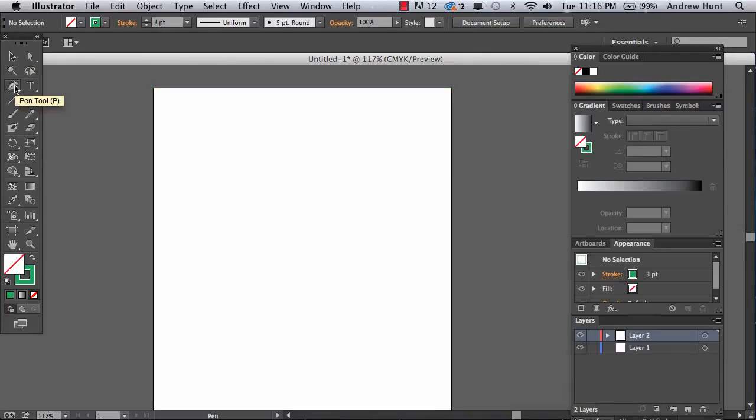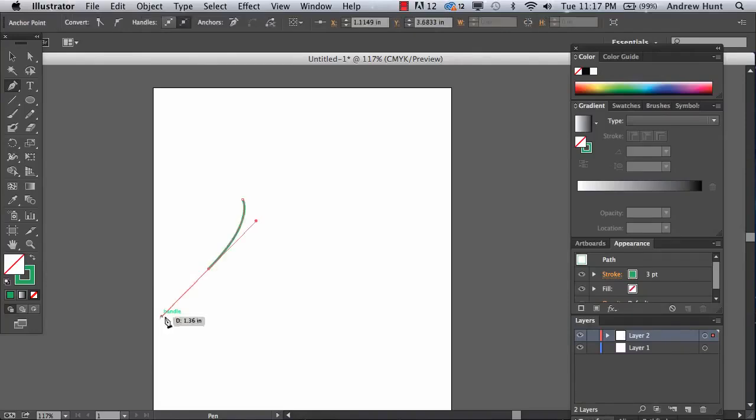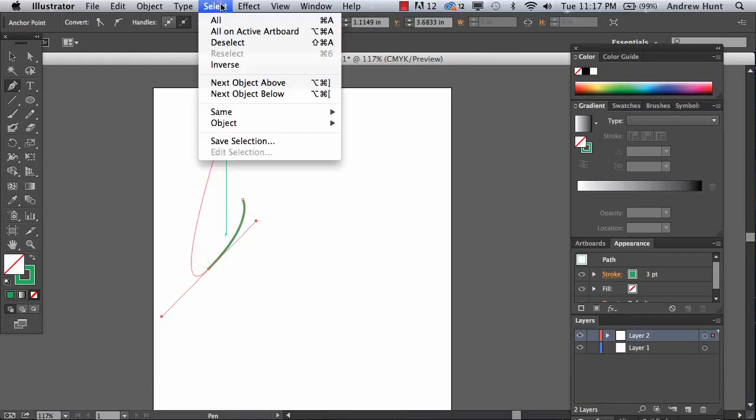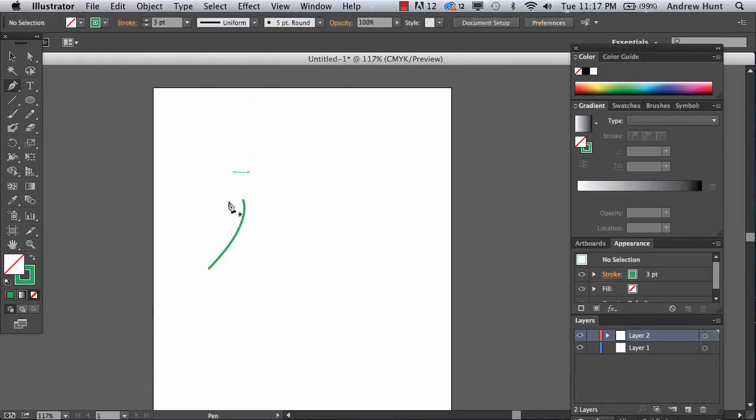With the pen tool selected, I'll just make sure I have no fill and a stroke, and I'll make the stroke maybe 3 or 4 just so I can see it. I'm just going to come on down here and draw out a letter A. And now I'm just going to use curved lines. If you want to have your shape made up of different curved lines, what you can do is draw on here, and then you can always come up to select and deselect,